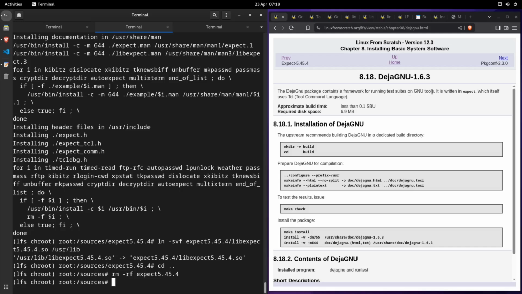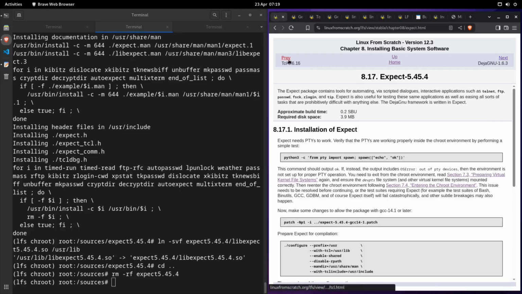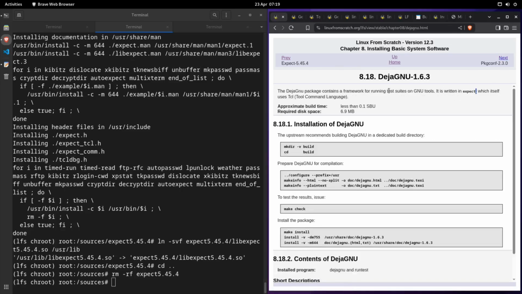So there's a framework. It's written in a language. What was expect again? Right. So this is a library that's built on top of a library, which is built on top of a scripting language. Okay. I was thinking to myself, is this like three scripting languages built on top of each other? But I was